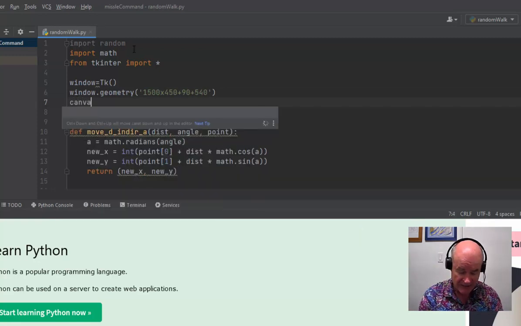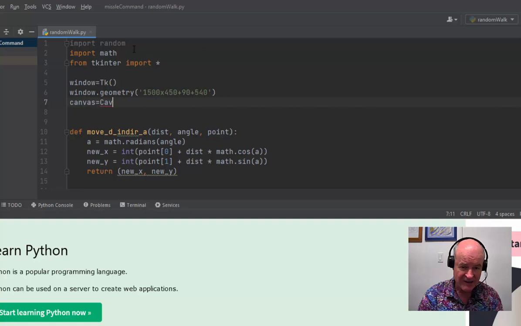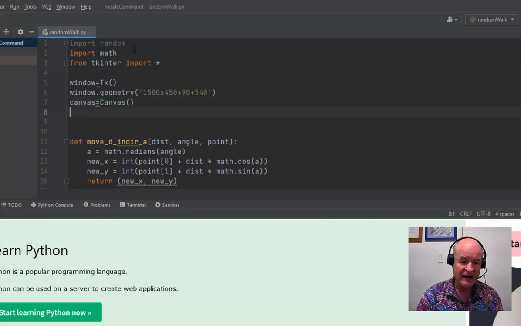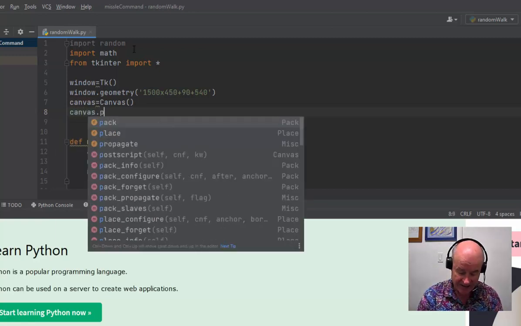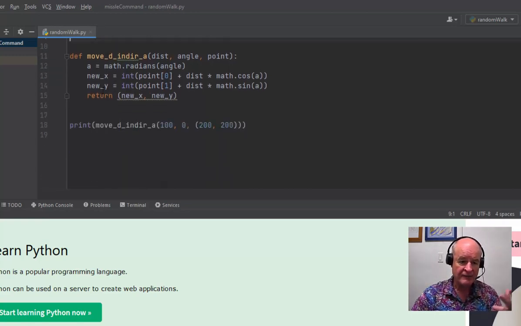I need to create a canvas, and I'm going to do that by using the canvas function that comes with TK. And then I need to push the canvas into the window, so I do a canvas pack. I push the canvas into the window, and I've defined my function, so I'll get a canvas to draw on. And then instead of this print at the bottom, we're going to change this to a